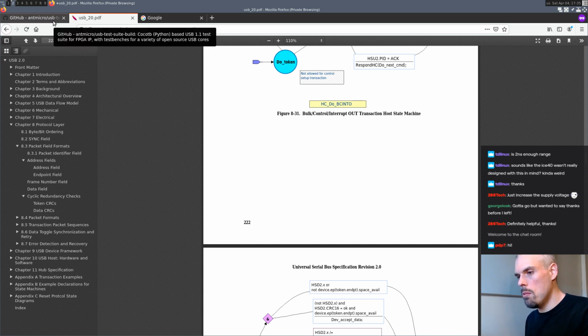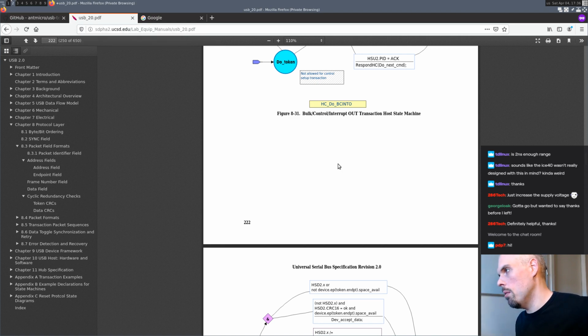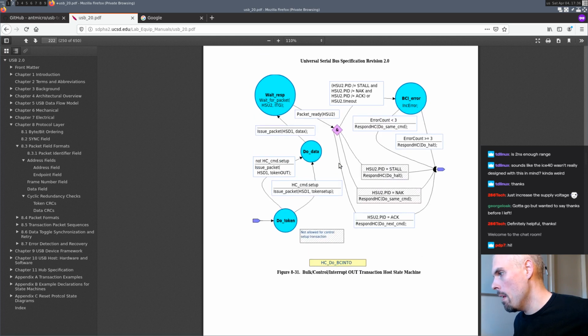The advantage is not only that it allows me to test my core, but at the same time the same test suite can be used for all the FPGA IP cores for USB that exist, to see whether they pass the test, and if not, how they can be fixed so that they actually do pass it. So